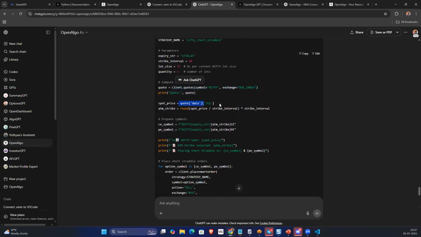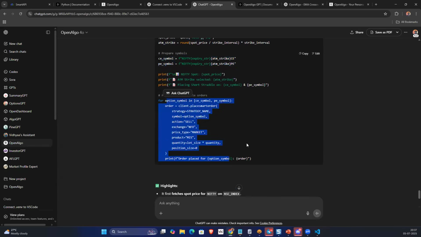It gets the LTP. From the LTP, it calculates the ATM strike price. From the ATM strike price, it's going to figure out what is the call option and put option, and it's going to execute those orders. Both the orders it is going to execute, but I'm going to say I want to execute